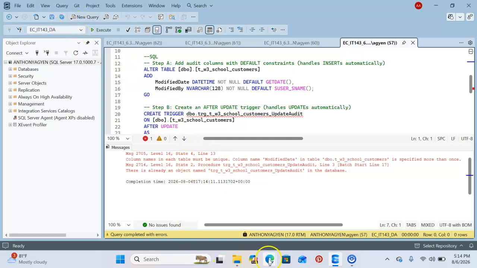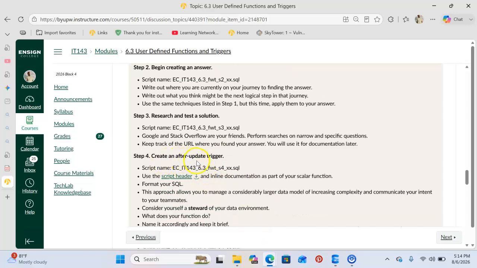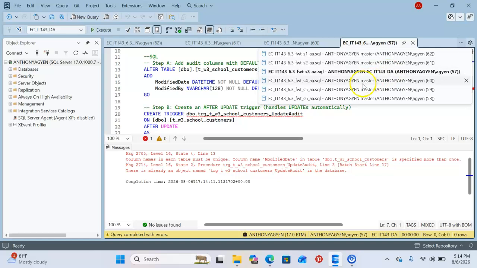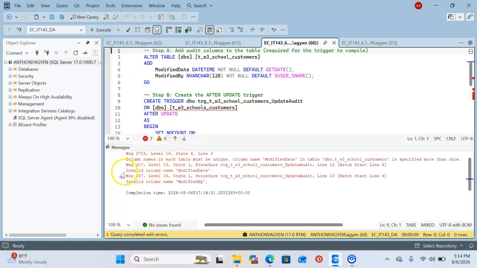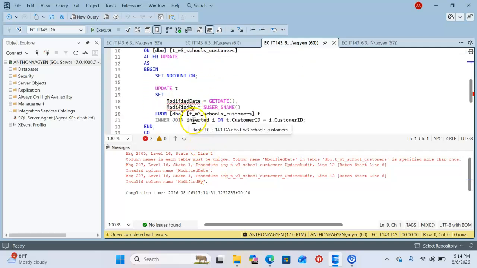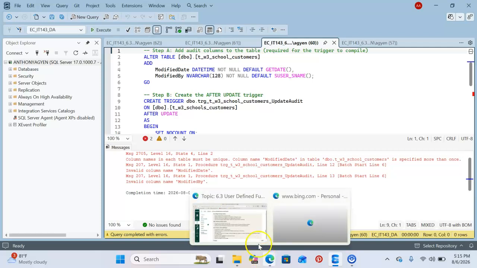Okay. So I'll go to my next question: create an after update trigger. If I go to my database, question 4, then I choose and I execute the command. Column name in each table must be unique. This again too. So after that, I created this update trigger. Okay, so this is my SQL select statement. And if I move on to the next question,